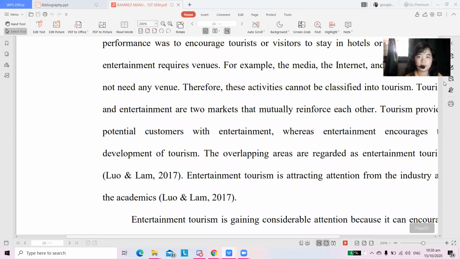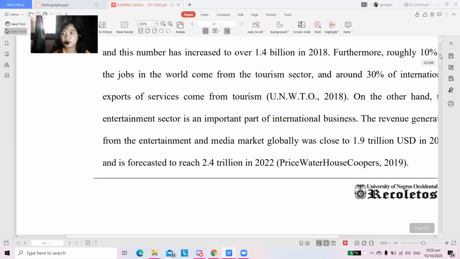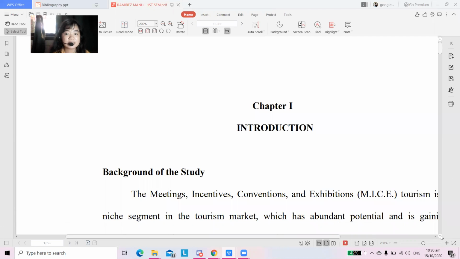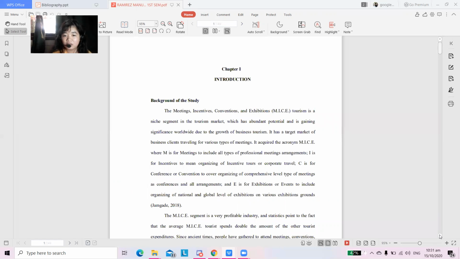Sa akong introduction class, wala ko gagamit og kanang own words lang nako. In my introduction, I made use of my own words and also ideas from other researchers because first of all, when I'm going to write about my tourism, meetings, incentives, conventions, exhibitions, kung pasulaton ako based akong kaugalingon nga ideas, nubo ra kaayo akong masulat. Kay wala jud ko kabalo unsa na siya. I need to conduct further research to know what my topic is. So I got ideas from other researchers.